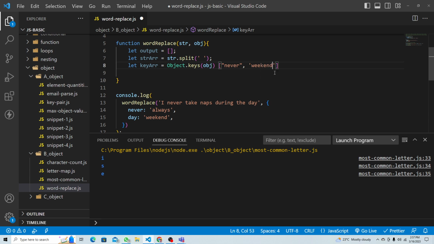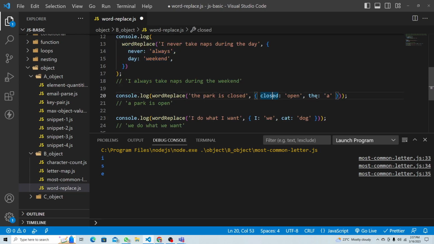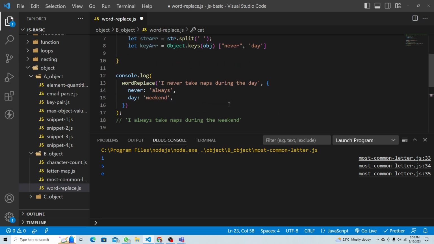Weekend. That's what you're going to get from this object, right? Sorry, that is the key and the value, right? This is a day. Okay, that's what you get from this object. The next one may be different, right? You're going to get this close, and the other one I and cat. But for now, let's imagine this neighbor and day is here